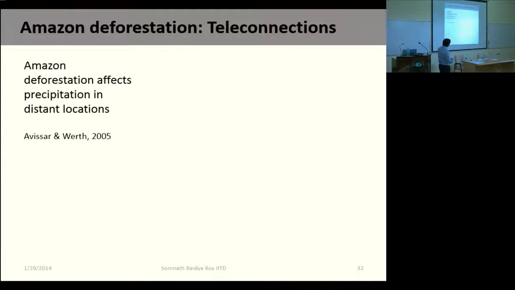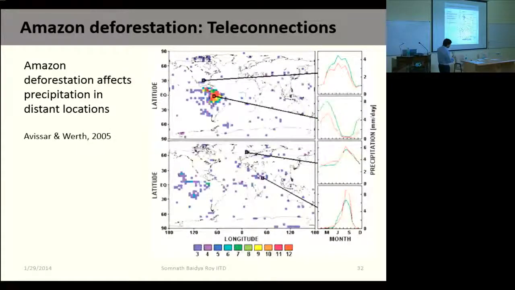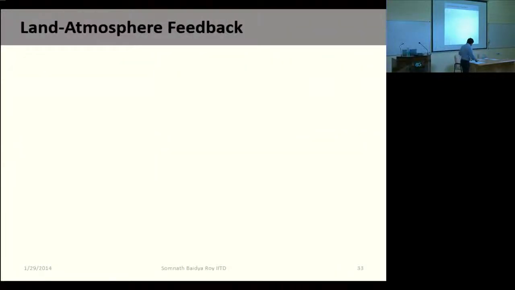Now, another thing that I wanted to talk about is teleconnections. Deforestation in Amazonia, you find that it has impacts on precipitation in some other places. People are working on this, so it's not purely localized; the effects are definitely regional and could be at a much larger scale. But as I said, high resolution heterogeneous forcings and responses cannot be resolved